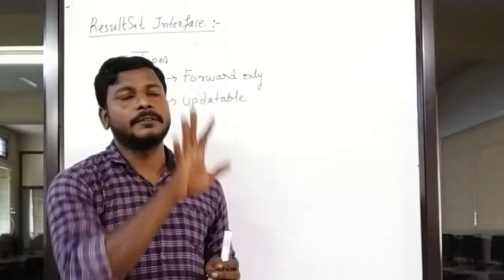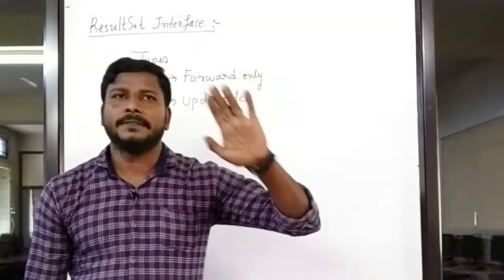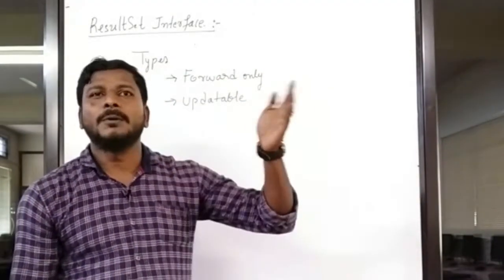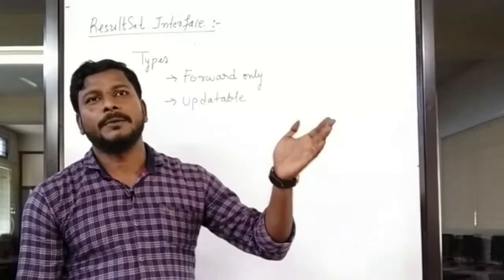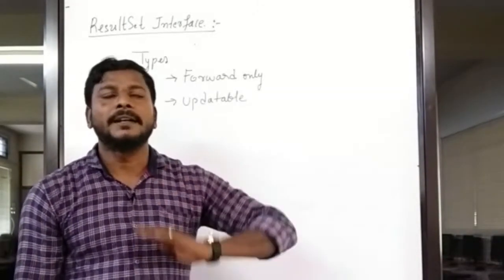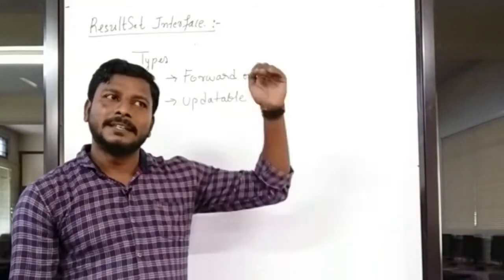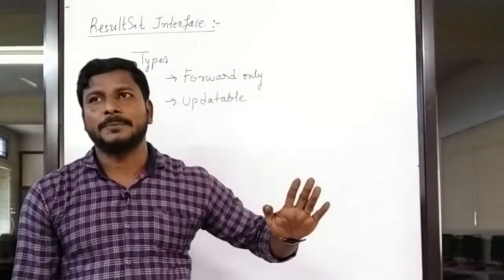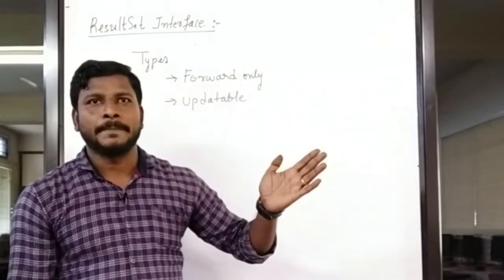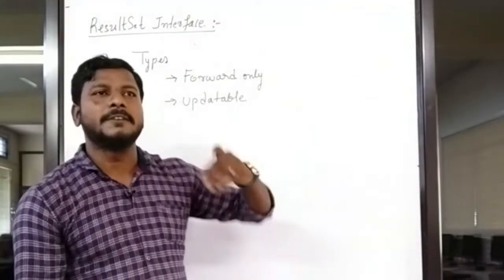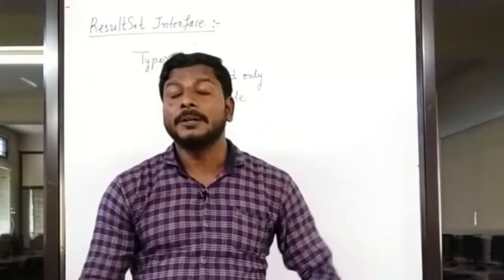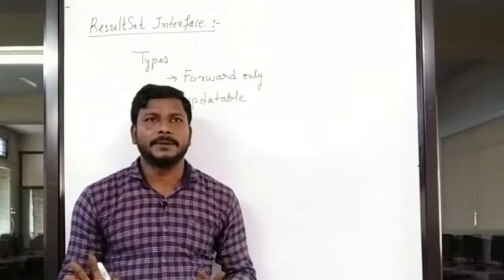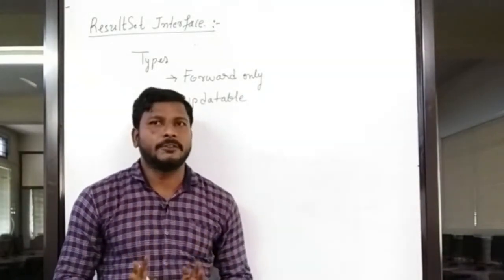Basically it points to the first row, then it comes to the next row, maybe directly you can come to the last row, or you can use absolute of any number, or relative of a positive number. Relative of a negative number is not possible because that is in the reverse order. Once you reach the last row, it's not possible to use rs.previous or rs.first. Why? Because all those methods navigate in the backward direction. So it's not at all possible to update; this is read only and you can do only forward navigation.